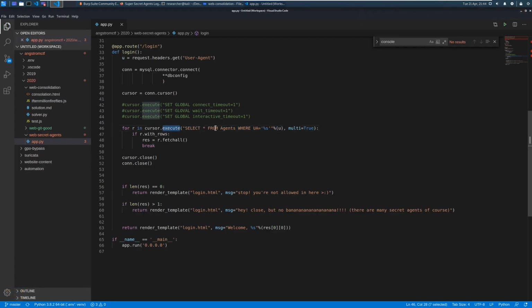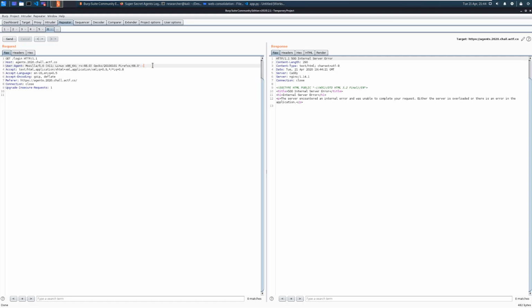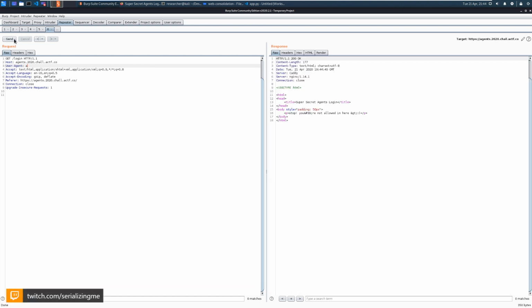Cursor execute where? Okay, so this isn't working. Let's try something like this. Stop, you're not allowed. So if I do like this,